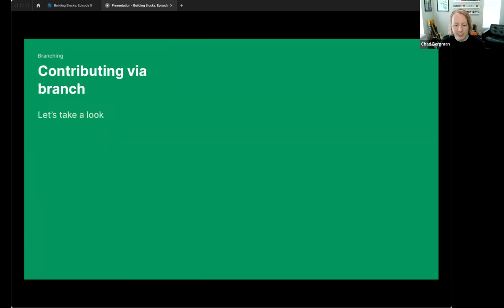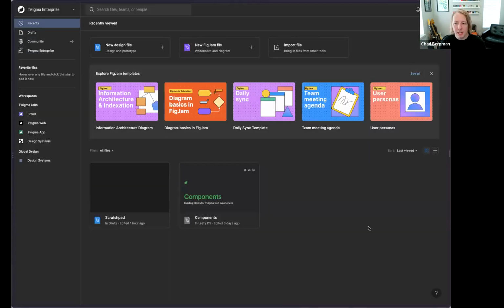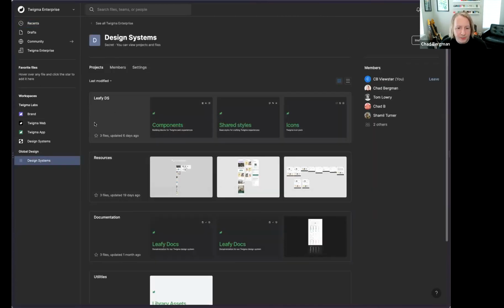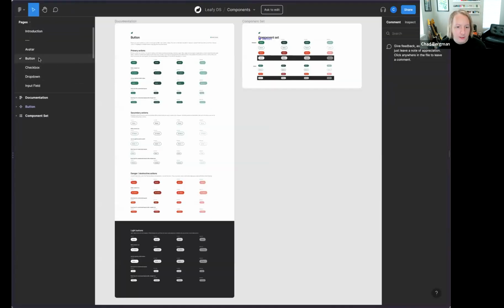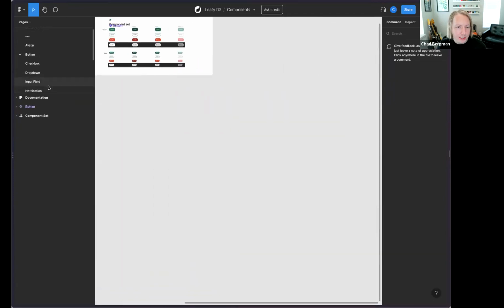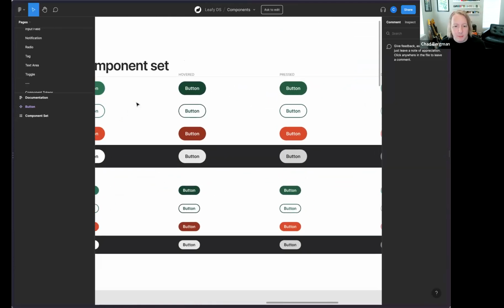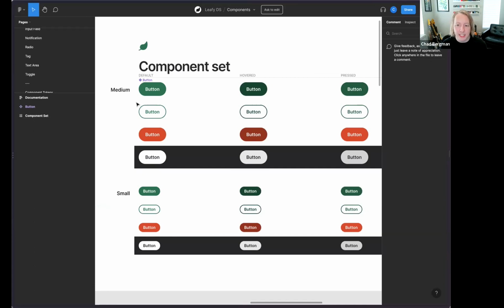So let's take a look here. I'm going to jump into my file here, where we can see that I can go into our design system team and take a look at the component library. And I've got the buttons here, let's do the button. Maybe I want to make a recommendation to contribute to the library, to add another button type. Well, since I'm not a part of the design system team, I can't just edit this library,